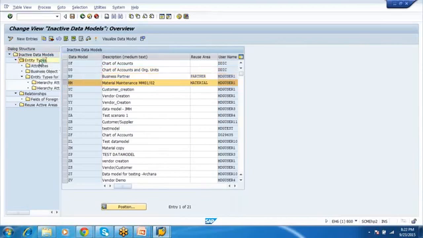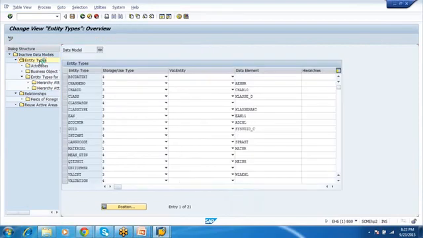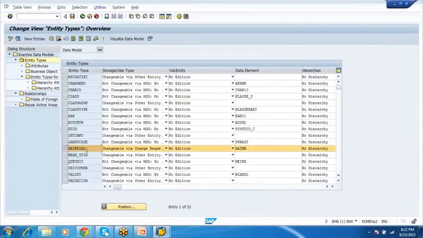If you click on the entity types, there are different entity types. For example, this is a material entity type which covers most of the fields. This particular entity is the classification data for the material, so we can maintain classification data using these entities. These are all different entities. I integrated these objects, and at the UI level we can see the fields of the master data. For example, if I go here,